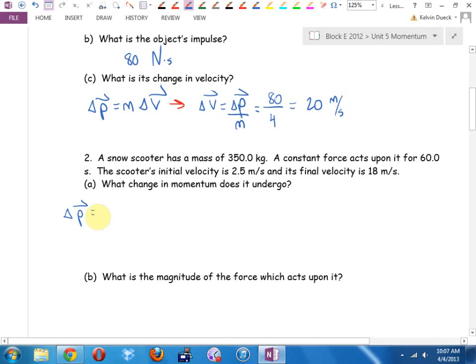Am I going to use the force times time, or am I going to use the mass times change in velocity? Yeah, they did give me a time, but they didn't give me the force. In fact, I'll bet you in part B they'll ask me to find the average force. Oh, yeah, there they did. I didn't even have to look. So it's going to be